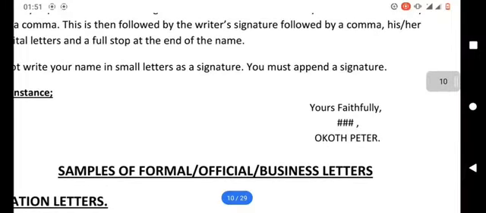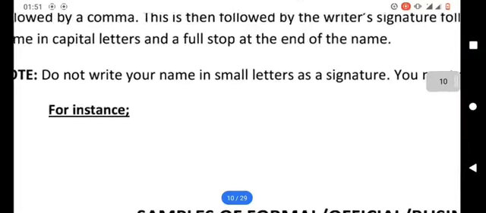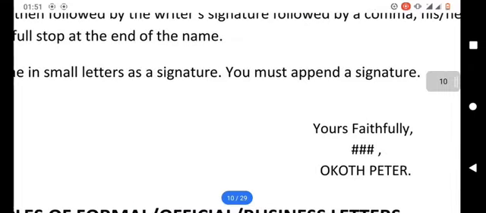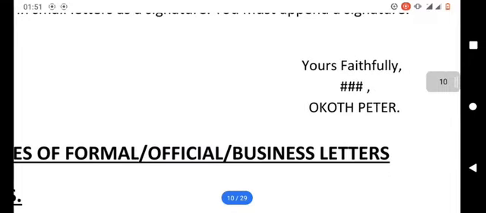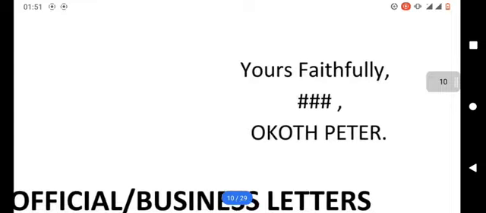Do not write your name in small letters, please. Under formal letters, we don't write our names in small letters. We must append a signature. Like here, yours faithfully,